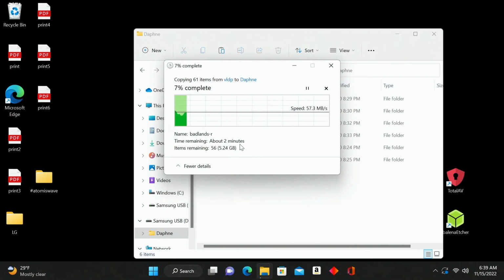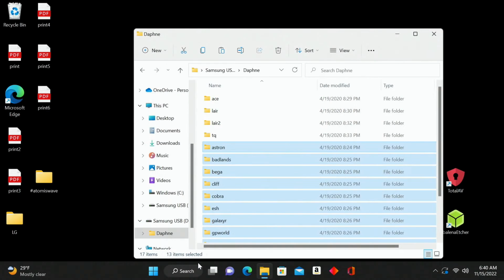So now we're going to go through this process. It's going to take about 2 minutes or so to fully upload all of these onto our Samsung USB flash drive. So again, we'll let it do its thing. Come back once this is complete. All right, so we're at 99%, 100%. Good to go here. You can see all of those have added in right below the 4 original ones that